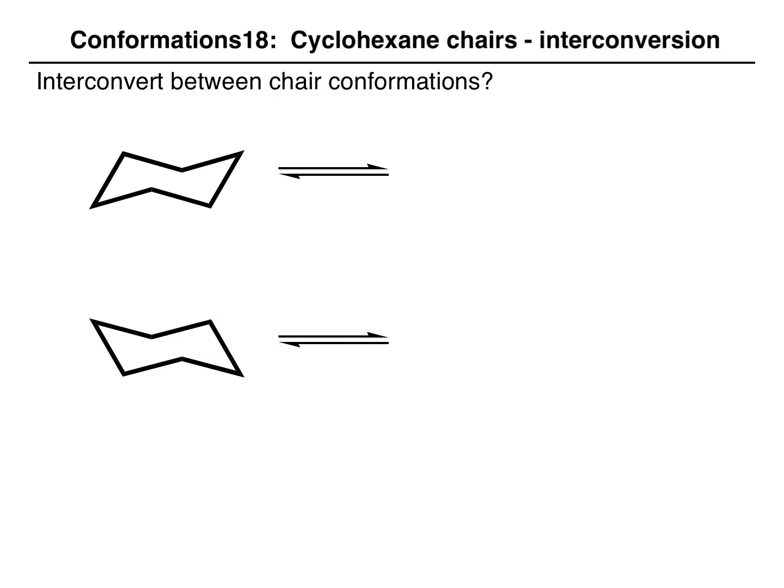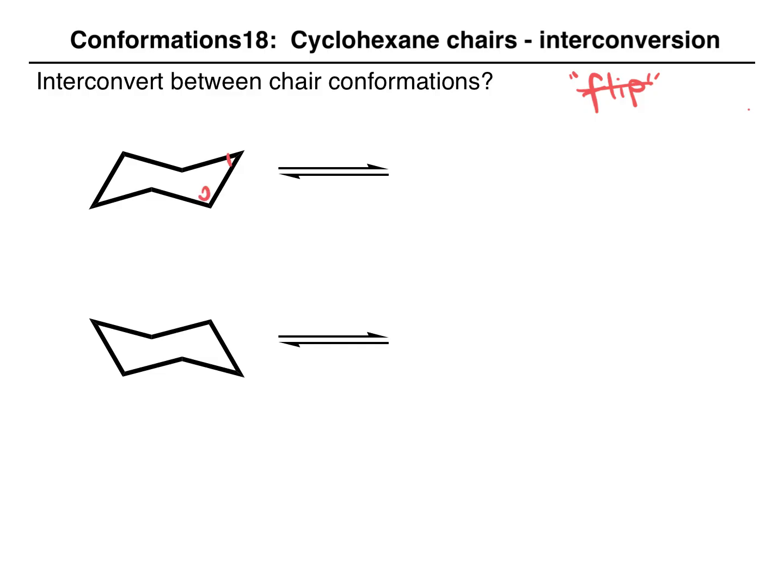So we can call this chair-chair interconversion, chair-chair inversion. We can also call it, and your book calls it, a chair flip, but I don't want to use that just because in the past I've had students who, with the word flip, think of it as picking up the whole chair and flipping it upside down. So I'm not going to use that. I want to stick with inversion or interconversion, because what we're doing here is we are imagining that this is